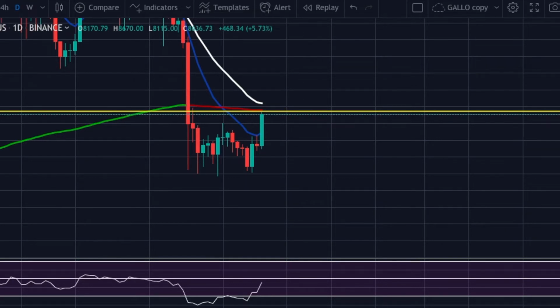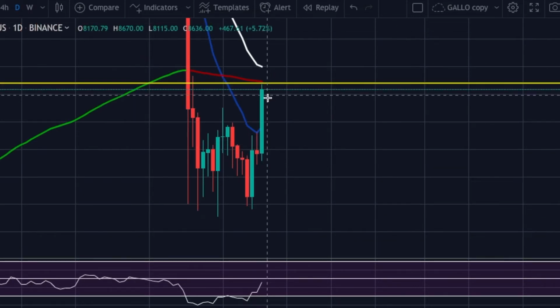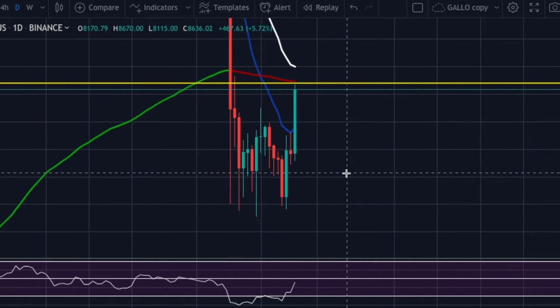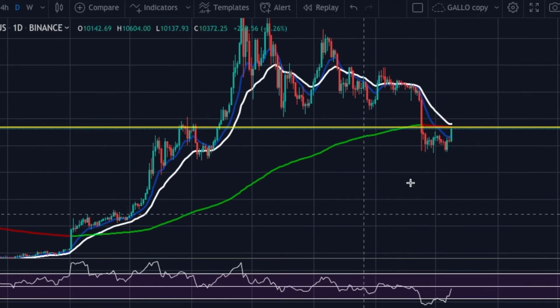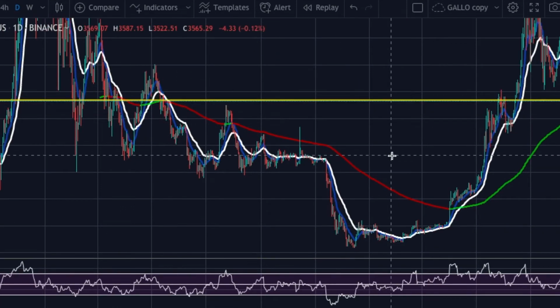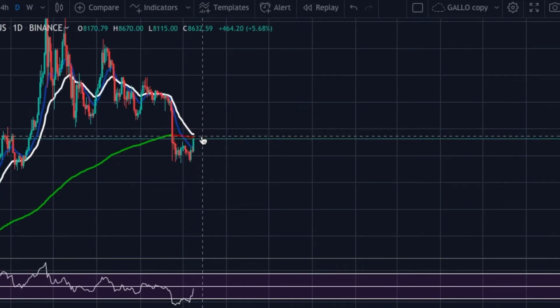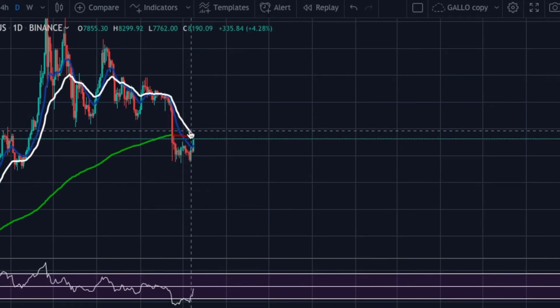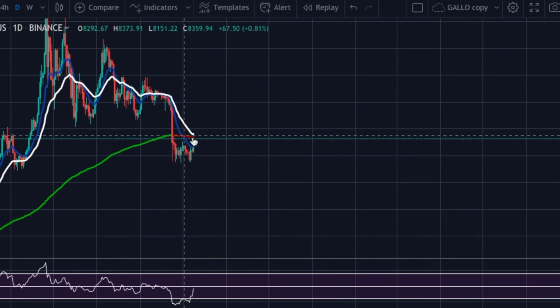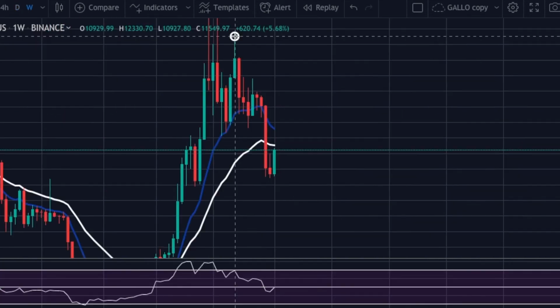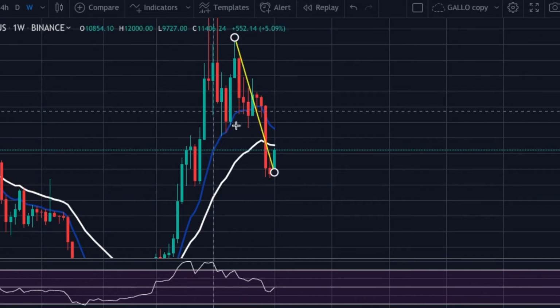And another thing, we don't want the 26 going below the 200, because if we see in the past when this happens, the price is going to drop. So we want to keep this point here. We want to keep the 26 above the 200 EMA. Absolutely. So if we're going on the weekly time frame, we can see here the lower high on the weekly